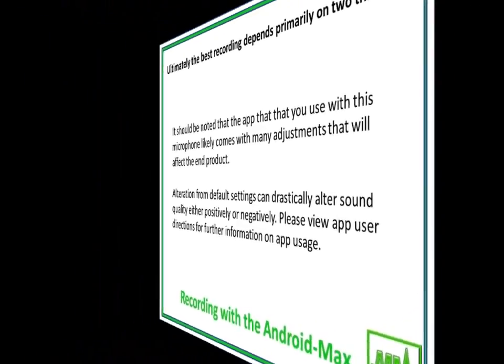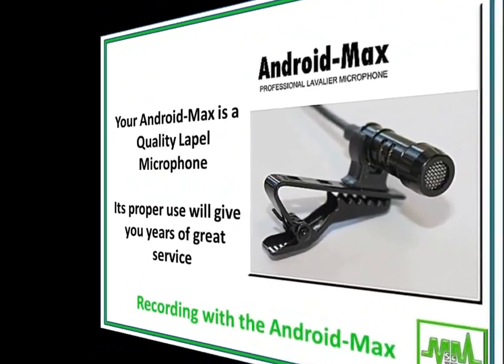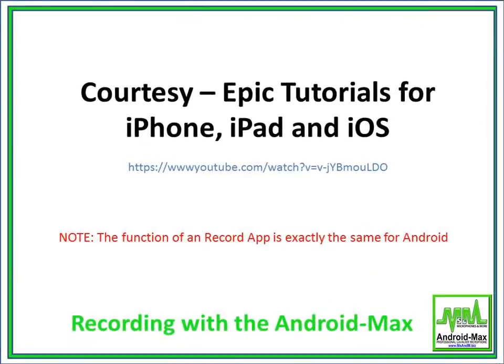So let me flip the page and finish with the fact that your Android Max is a quality lapel microphone. Its proper use will give you years of great service, and that's our intention with this video. And before we go, courtesy of Epic Tutorials for iPhone, iPad and iOS,